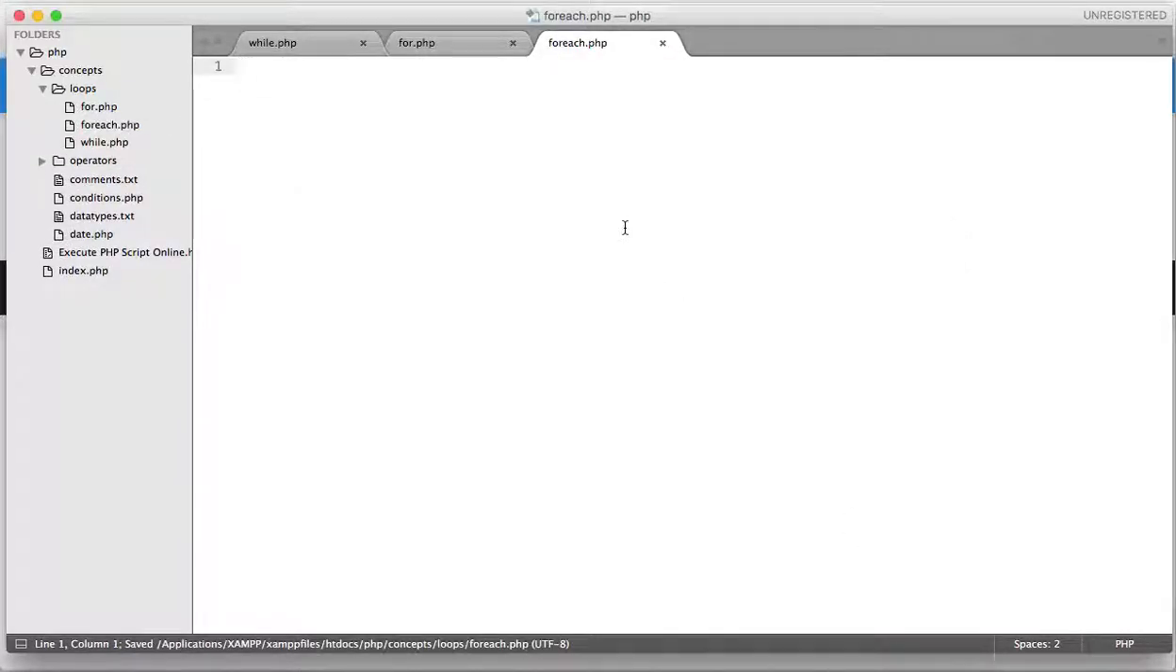First of all, what is the foreach loop and how is it different from the for loop? The foreach is a special type of loop which is used in case of arrays, and it is used to loop through the elements of arrays. So let's start coding. Open a PHP tag, and then inside the tag,